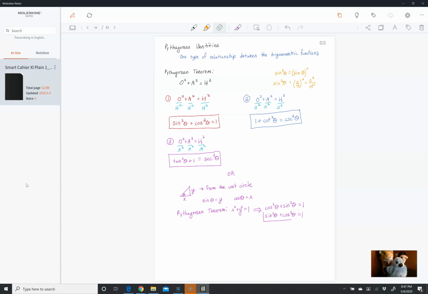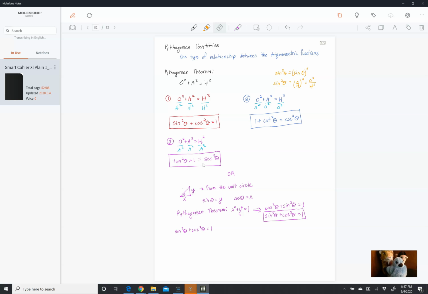And here we have our very first identity. Okay. Note that I'm boxing this one just so that you can see it's the same, but we still have cosine squared plus sine squared theta equals 1 is exactly the same thing. Okay. Then we have our next one. So how do we get the next one? We take sine squared theta plus cosine squared theta